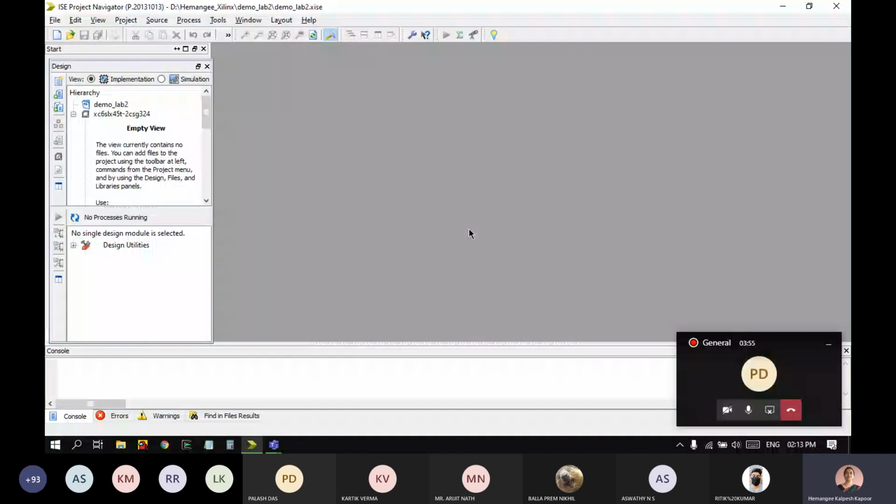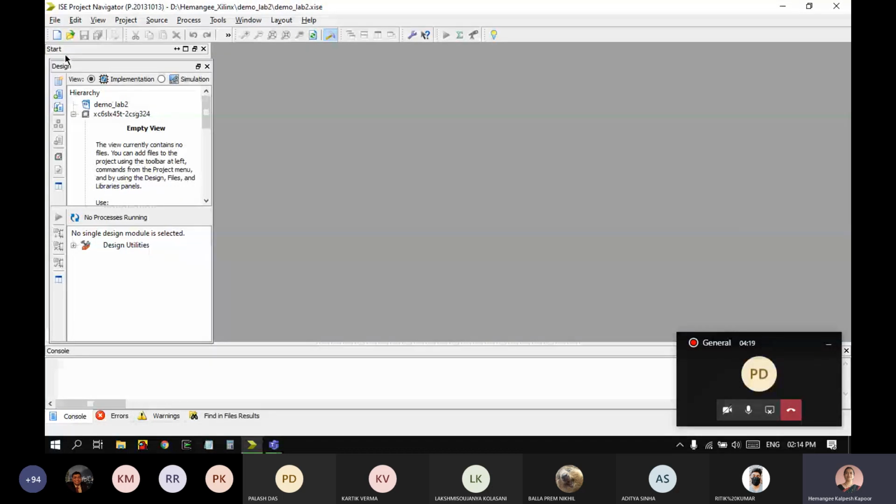What you all can do is in parallel, you can open your own Xilinx software on your laptops, and as we proceed, you can try it out there, or you can just note down. I'm recording the video. I'll also try to upload the video for you to refer to later. So we'll start with today's set of small examples as a demonstration of Xilinx.